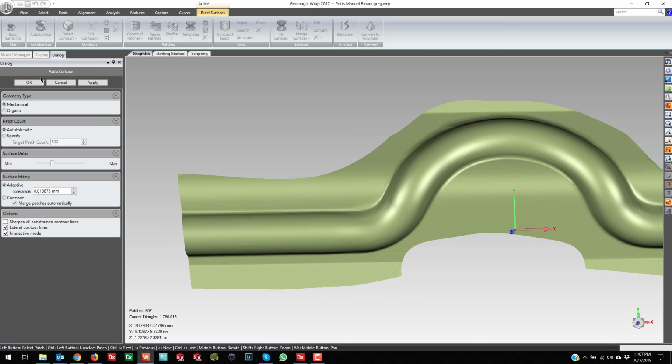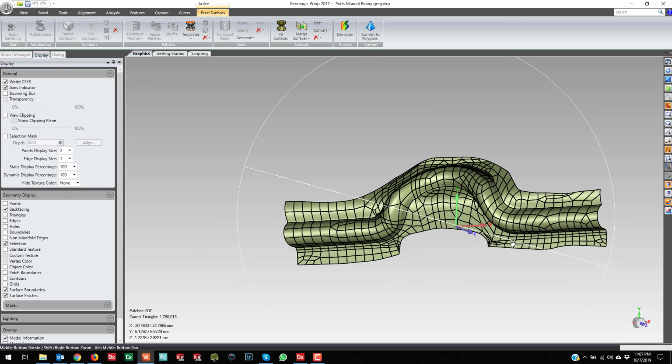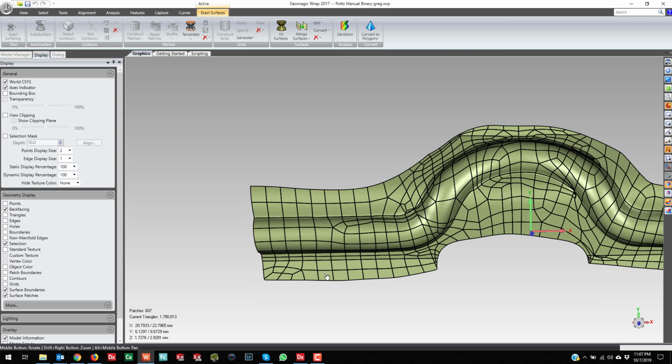So this is the surface. It didn't come out as good as I wanted it to. It's not necessarily the best example because look, it came out a lot like an auto surface does anyway. Some of it was gridded out, but